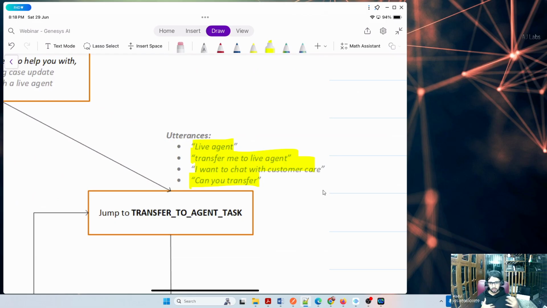I need to think from the perspective of a customer. What are the possibilities that a customer can ask a chatbot? Based on that, I will be re-implementing and adding all those utterances. It's always open. We can add any utterances in future as well. It's not like you configure something and it'll always work with just that. If I feel like adding additional utterances, I can do that.